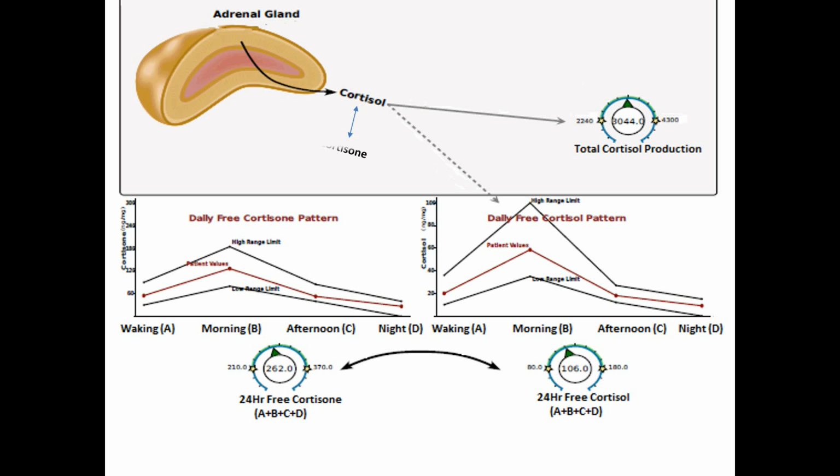When it's made by the adrenal glands, what we have is an interconversion with cortisone. And so because there's this back and forth throughout the body of cortisol and cortisone, it's a good confirmatory test to also look at the free cortisone pattern. So generally speaking, it follows about the same up and down pattern, and so it can be good to confirm what's going on with the cortisol by looking at the cortisone. So when the cortisol is extremely low in a case like this, we'd also want to look at the cortisone and see if that's telling about the same story in terms of that up and down pattern as it relates